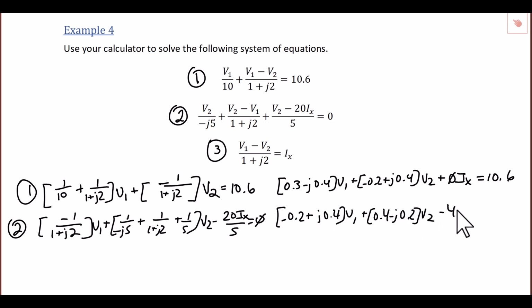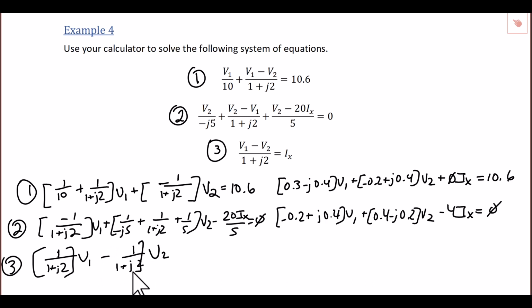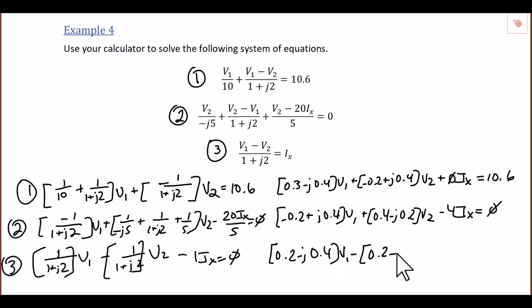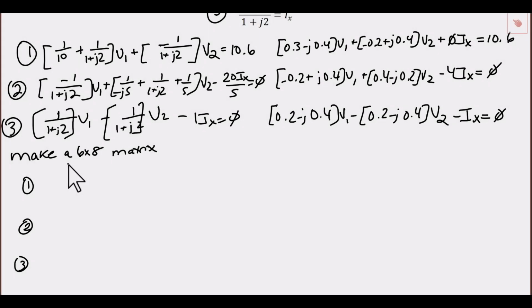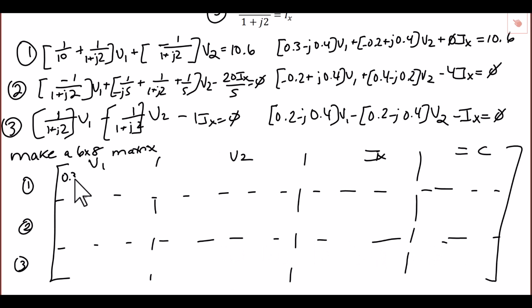Then for equation 3, we get 1 over 1 plus J2 V1 minus 1 over 1 plus J2 V2 minus 1 IX equals 0. And simplifying that, we get 0.2 minus J0.4 V1 minus 0.2 minus J0.4 V2 minus IX equals 0. So we will make a 6 by 8 matrix again, where the first column is 0,